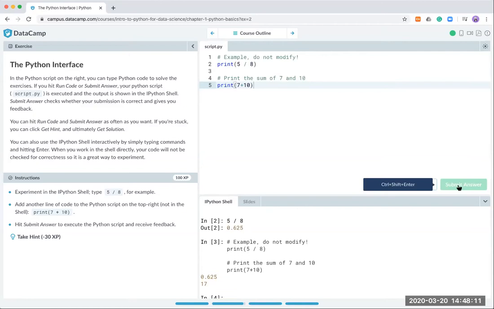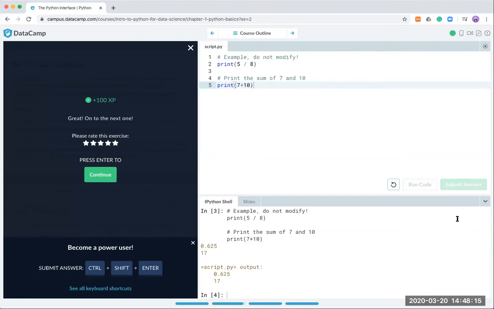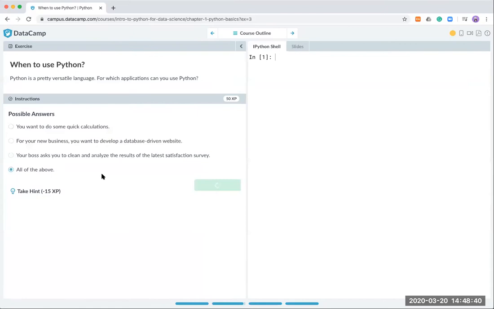So let me press submit answer here, and it shows me okay, great, and it gives me some feedback. So I got some XP. I think it's some sort of a game experience point, but you don't have to worry about this point yet. The more important thing is to know Python, not the points. And then when I press the continue button,